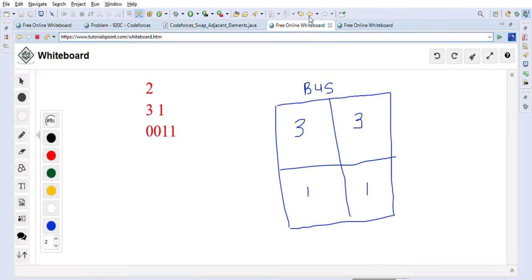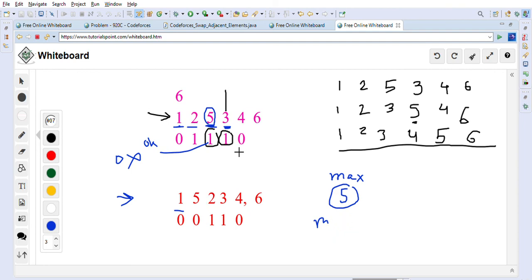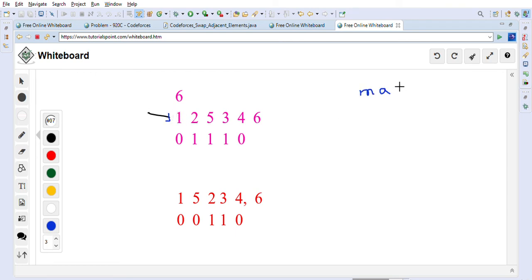So one more time I'll just explain it to you. Let me just remove all this coloring so I can reuse this. Let's summarize our approach once. This is the input array given to us. We will create one max variable, and it will give us the max that we have seen so far.